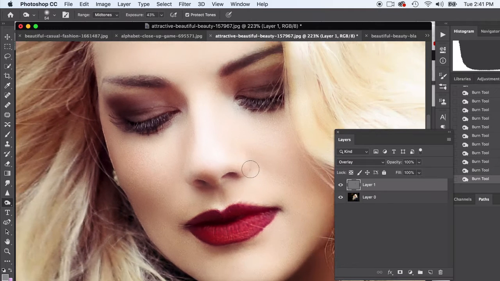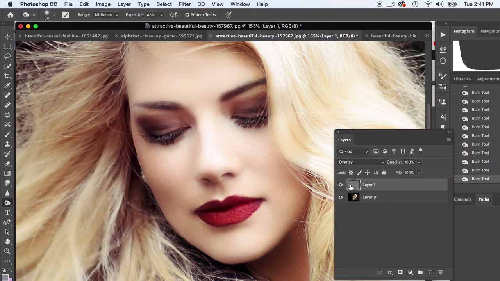And at any point, if I think I overdid it or I messed up, you can always reduce the opacity or eliminate this layer altogether and do it again. So that's what's great. I still have my original photo here. I just click on here. I can actually reduce the opacity if I think it's too much, or go back. So we can toggle this off and on. That's kind of our